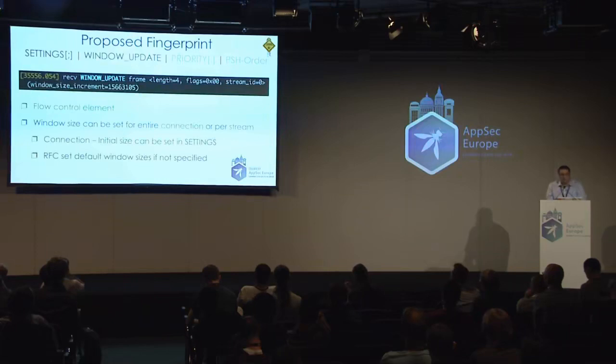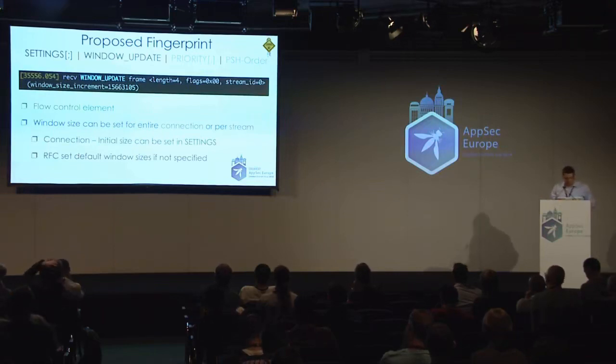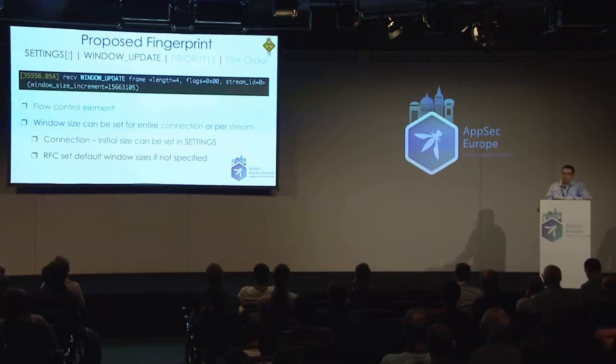Now, the Window Update frame is a flow management, flow control frame, and it could be sent at any point of the connection. It could be sent for the entire connection, where one endpoint would like to adjust the window size for the entire connection or for a given stream. And what was interesting about it is that we noticed that some clients, when they establish a new HTTP2 connection,